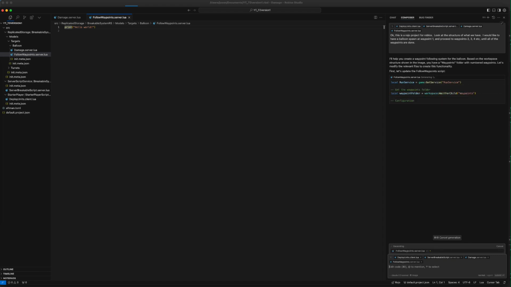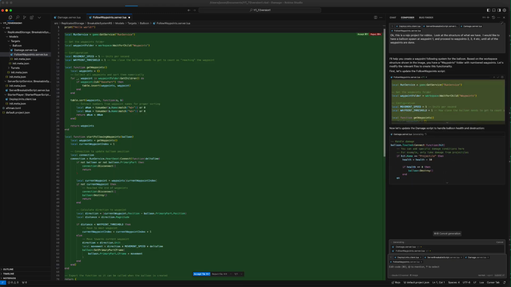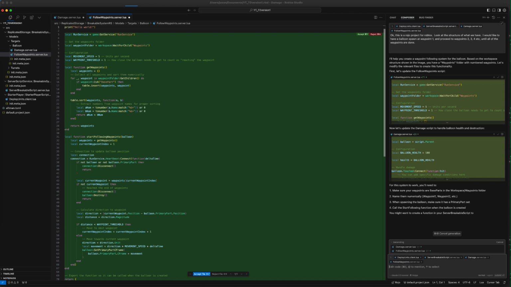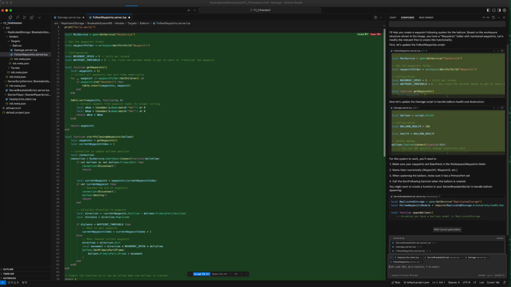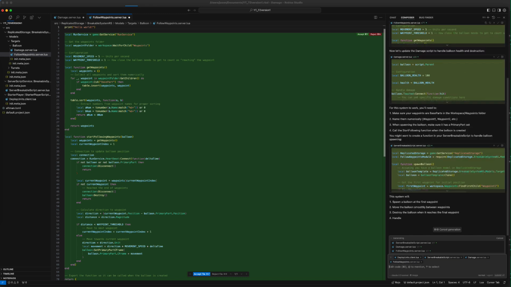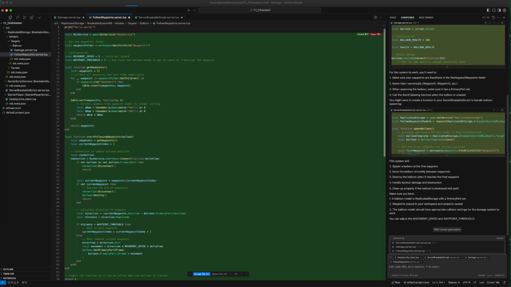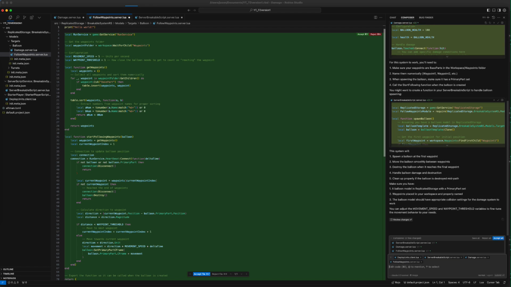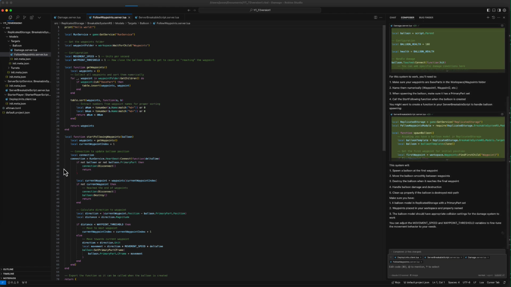Alright, so it says, we're going to help you create a waypoint following system for a balloon based on the workspace structure shown in the image. You have waypoints folder with number of waypoints. Let's modify the relevant files and create this functionality. And it starts coding for you. Now, this is sort of like the cheater's version of developing, where we're going to see if just the AI will work through these problems, and if it can't work through these problems, I'll kind of lend a hand. But let's just accept all the code. And then we go back and we test it,